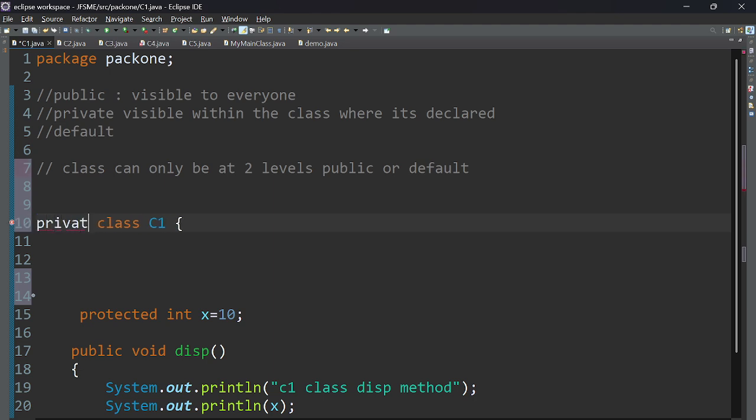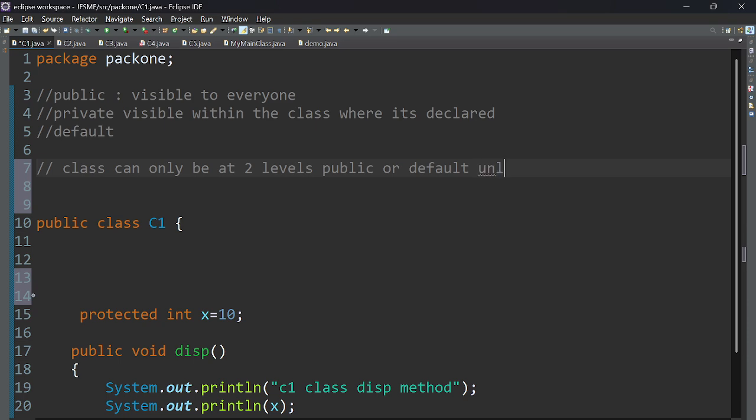If I try to do private here, not visible. It's not allowed in fact. Even if I write protected, not allowed. I may write it as default or as public. If I don't write anything, it is default. If I write it as public, it is public. Public or default,